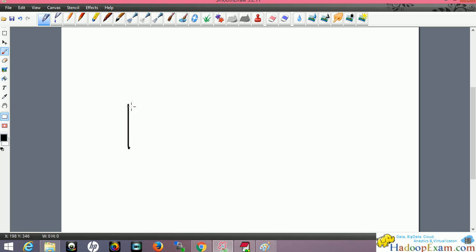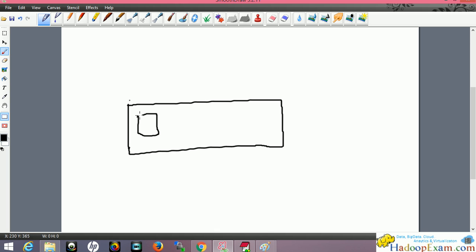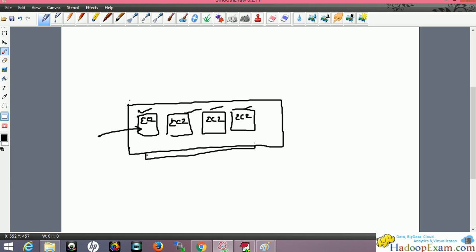So this is my physical server. On this, various EC2 instances are launched. These all are EC2 instances launched on this, correct? My website is hadoopexam.com, and I want to install it on this, so I have started this EC2 instance server. The rest would belong to some other company. I might not own it, but this is the physical hardware I'm using. But somehow this physical hardware has some problem, so that comes under the system status check. This is related to your physical server, not actually your virtual server.